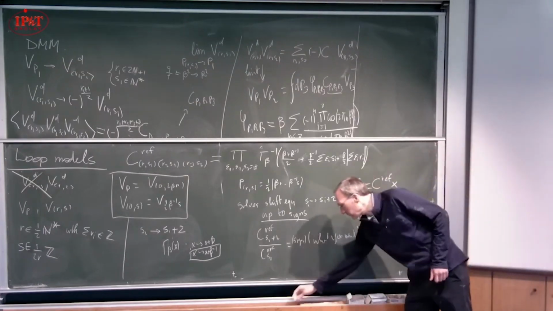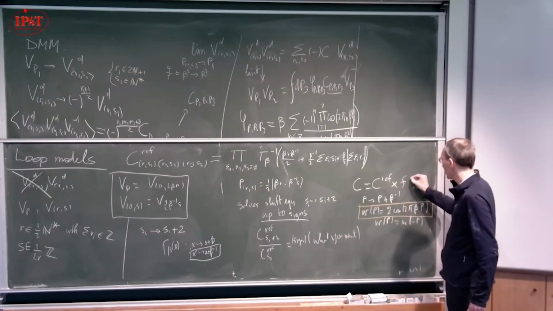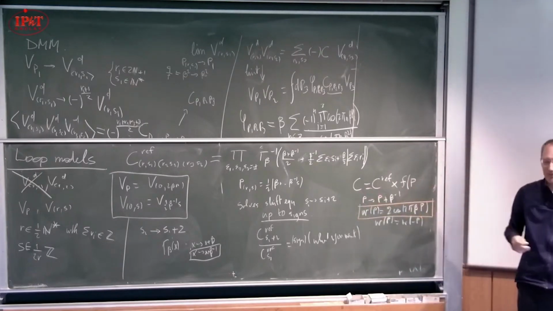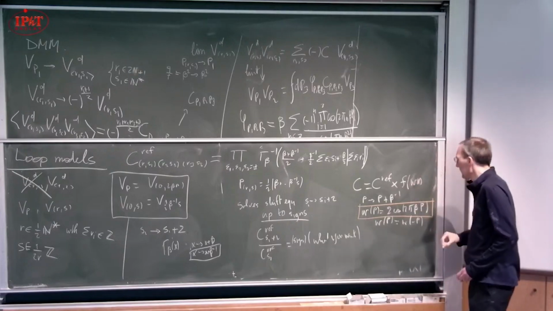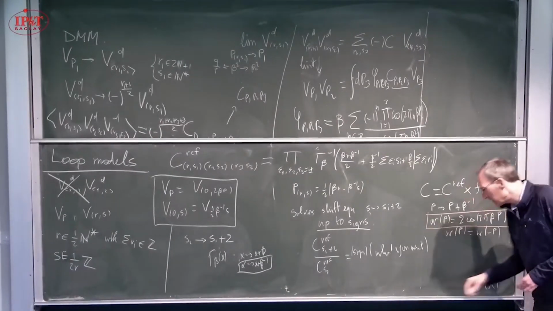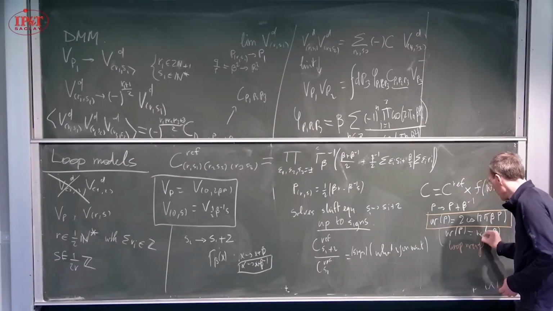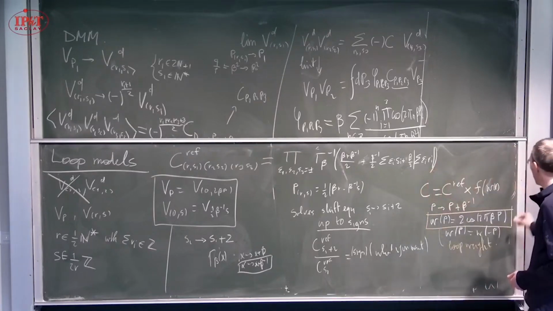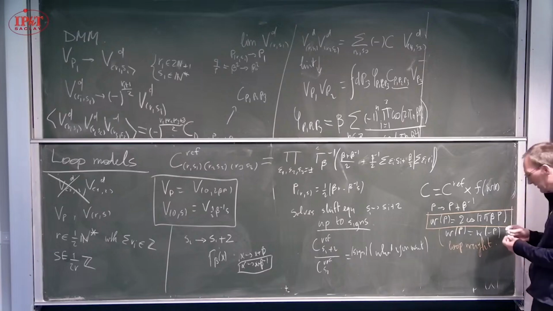So the physical structure constant has to be C ref times some function of whatever P I have, if some of the fields are diagonal. Sorry, a function of W of P. So W of P, for some reason, I'm calling it the loop weight. And then this function can also depend, of course, on beta squared, on the central charge via beta squared. However, it turns out that there is